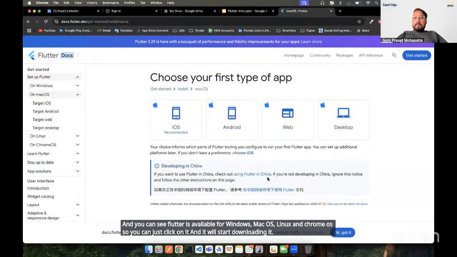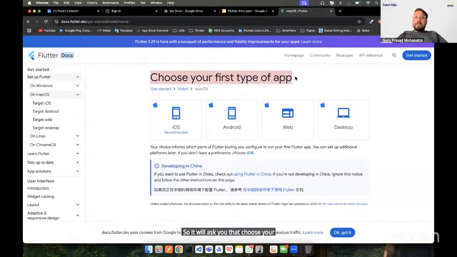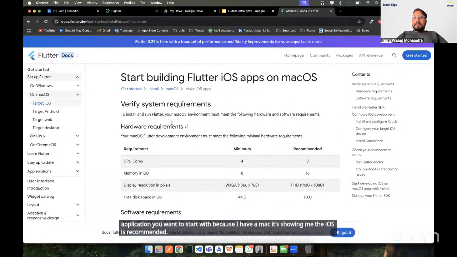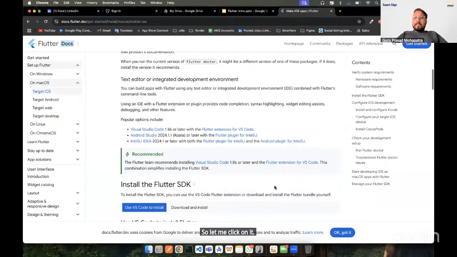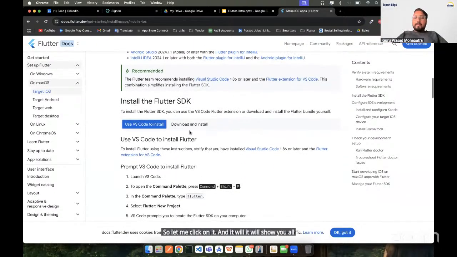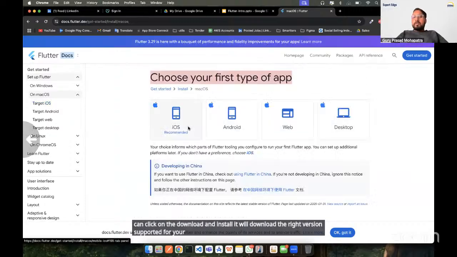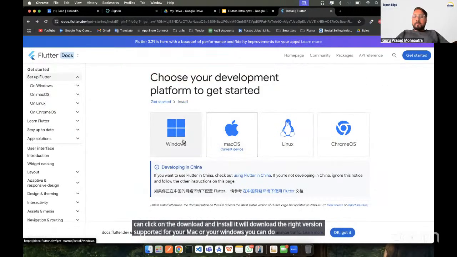It will ask you to choose your first type of application, which type of application you want to start with. Because I have a Mac, it's showing me iOS is recommended. So let me click on it and it will show you all kinds of things. You can click on download and install. It will download the right version supported for your Mac or your Windows. You can do the same thing with Windows.